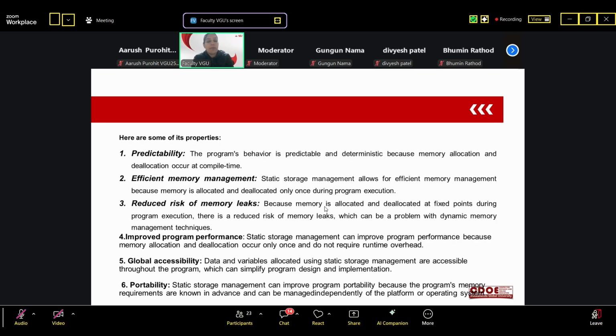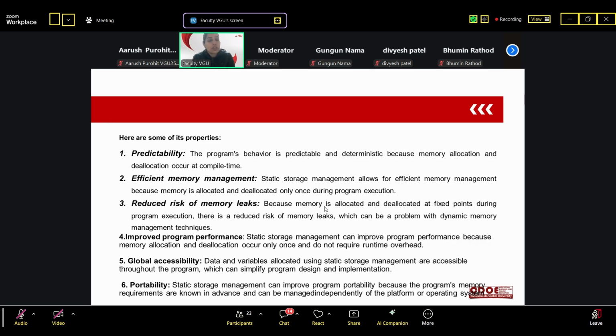Improved program performance. Static storage management can improve program performance because memory allocation and deallocation occur only once and do not require runtime overhead, since it is done at compile time only. Global accessibility. Data and variables allocated using static storage are accessible throughout the program, which can simplify program design and implementation.